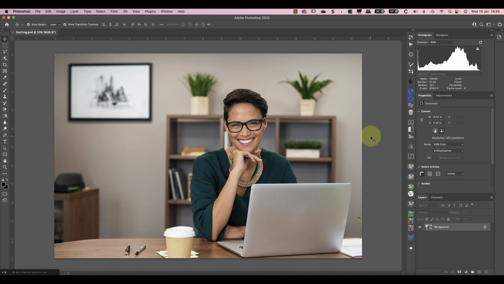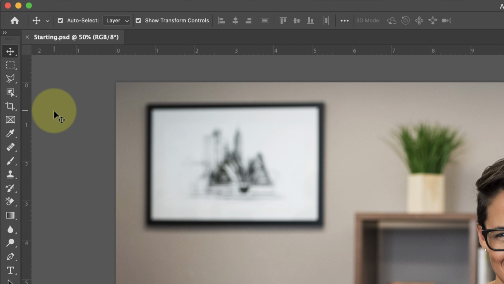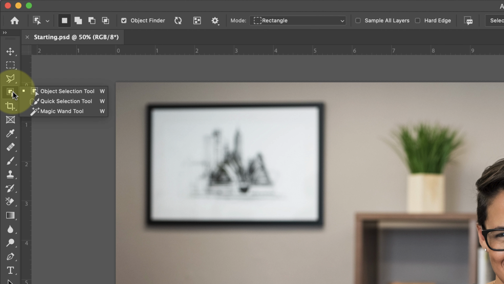The way that I'll do this is using the Object Selection tool, which was released in November 2019. You'll find the tool in the Tools palette. Because it's one of three tools in a group, you may find that either the Quick Selection or the Magic Wand tool icon is visible. If you can't see the Object Selection tool, right-click on the group to display all the tools. You can then click the tools icon.